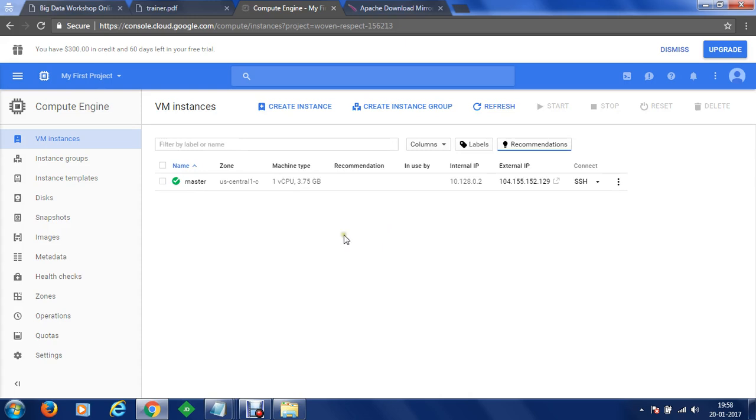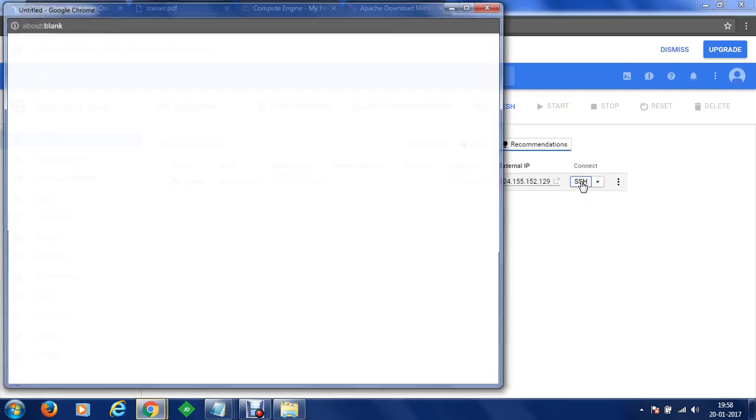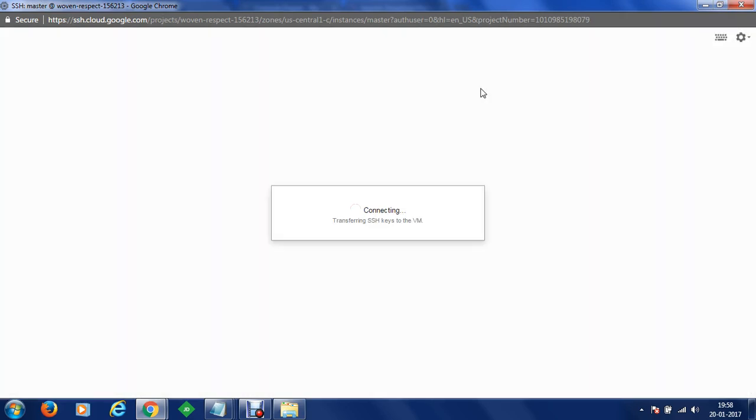So now we'd like to connect back to our instance again using SSH access. So we are trying to connect to SSH. We are connecting.